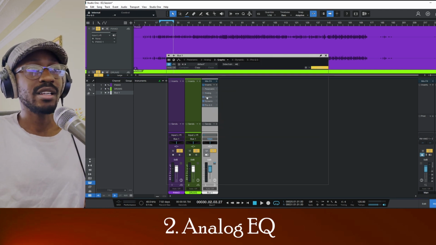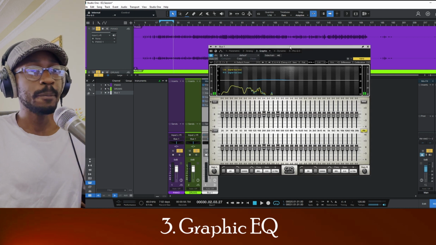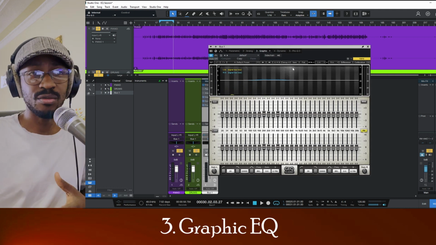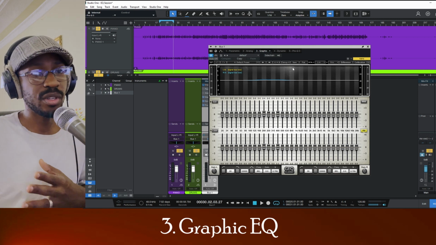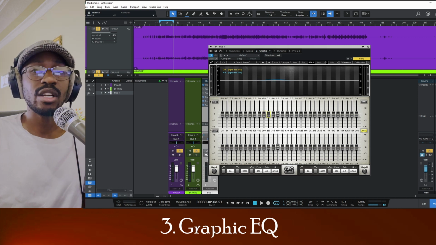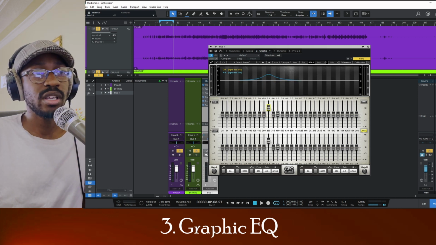The next thing we have is the graphic equalizer. Now this is typically what you would see as hardboard gear in maybe live events on the speaker console, and this is already preset frequencies that you can boost or cut. So there's no width that you can deal with. You can only boost or cut the pre-given frequencies. And these are the types of graphs that you get when you're typically dealing with